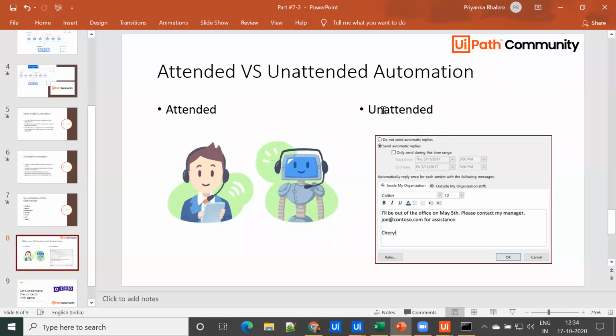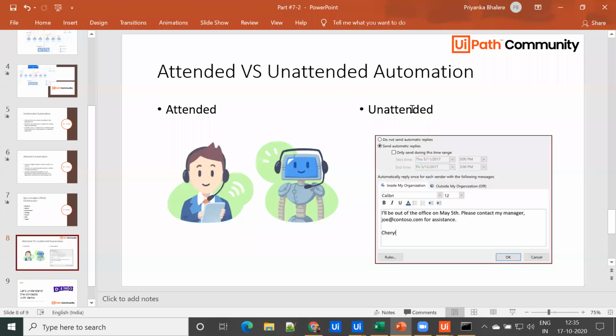The next one is unattended automation. For example, when we go on leave, we customize a mail and set it as an automatic reply. So whenever we get any email from a sender, that sender gets the automatic reply about the leave, right?